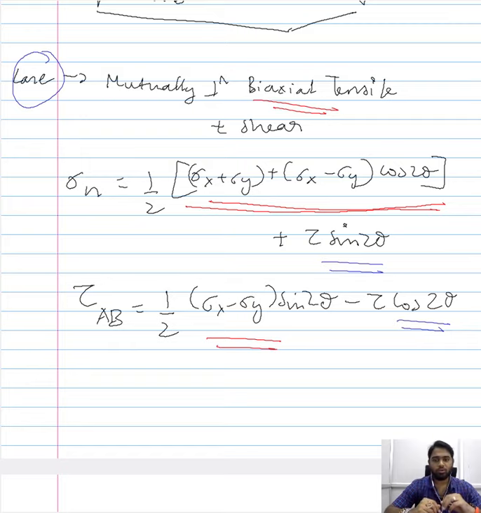When you have this combination, we have derived an expression for the normal stress and the shear stress. Now we want to see if we are able to construct such a Mohr circle that will give us a similar set of expressions through the geometrical approach. So let's see if we are able to construct such a Mohr circle.